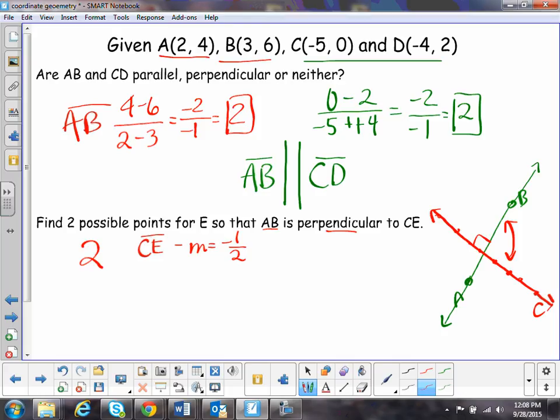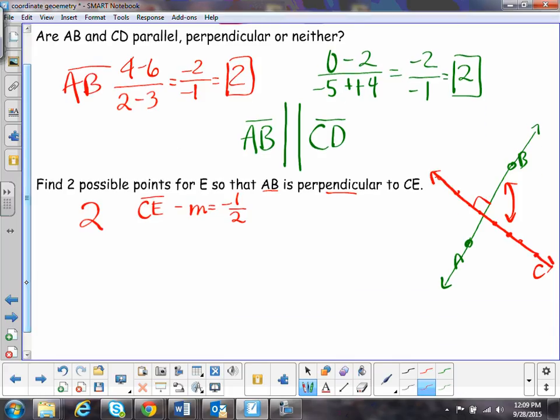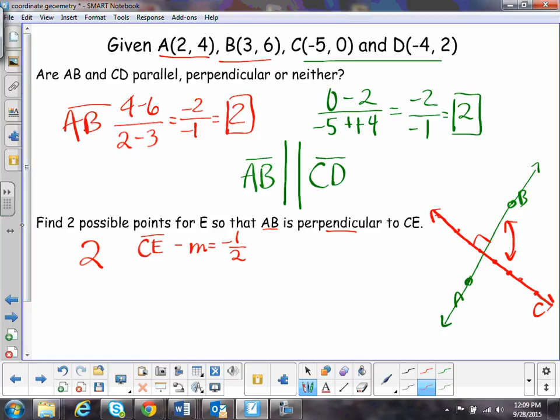I'm going to show you how to do it using the formula because you're going to want to know how to do that if the numbers are really, really large. I made them really, really large on an upcoming quiz to make sure you guys do it this way. Okay? So let's do it this way. So if I use that formula, C is at negative 5, 0. So I'm going to put 0 minus, we don't know this other point E, so what can I call it? Y. Over negative 5 minus X